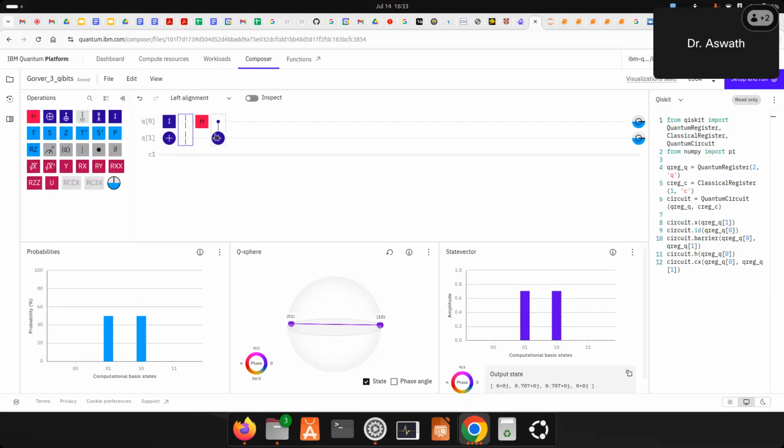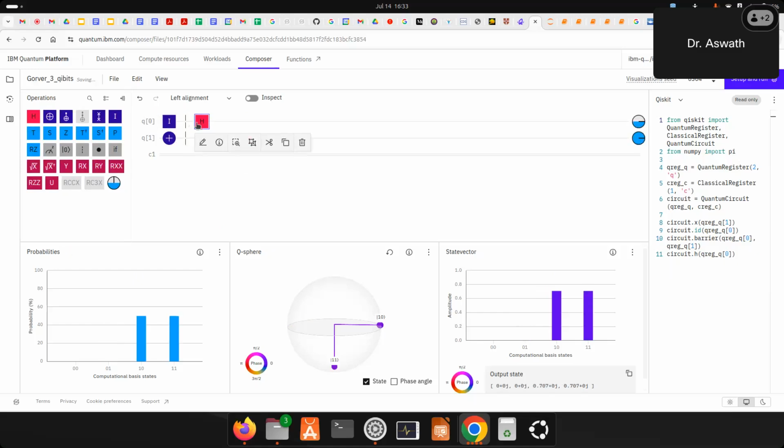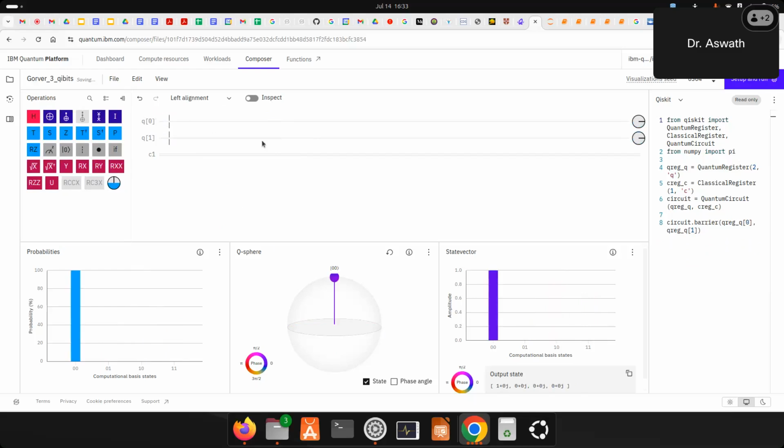Fine. Let's remove all the gates quickly. Now we just saw the top layer, and there is a bottom layer. There is a T gate. What does this T gate do? And what does the S gate do? The Z gate we know. There is a T dagger, S dagger, a P, and an RZ. There is a square root of X, square root of X dagger, Y, RX, RY, R double X, R double Z, U. So these are all the gates.